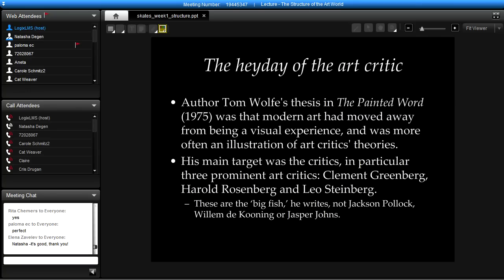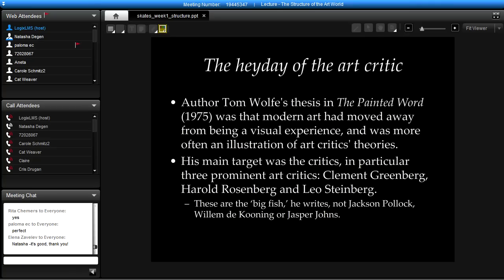Now, another aspect of the market that contributes to the validation or legitimization of art are art critics. And these are just some examples of some of the prominent art magazines, kind of an international selection. So Frieze, which is based in London, the Italian magazine Flash Art, Art Forum based in New York, Art in America also based in New York. And these are good sources if you want to familiarize yourself with what's going on in the contemporary art market, and particularly artists that might be up and coming or shows that are particularly noteworthy.